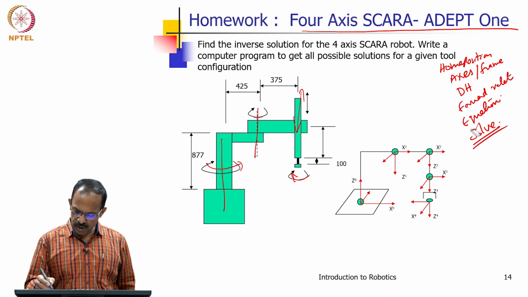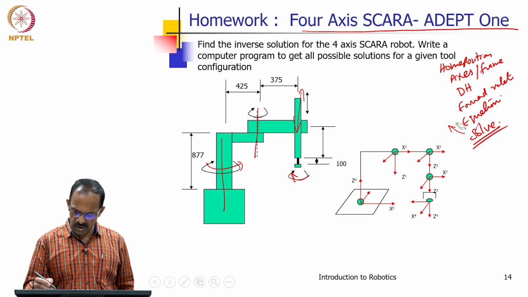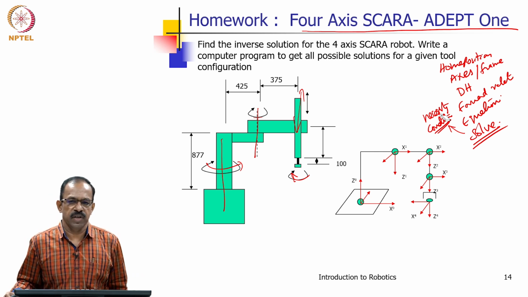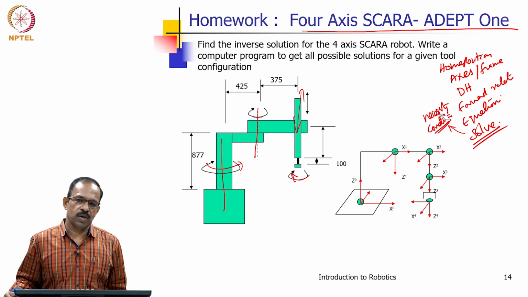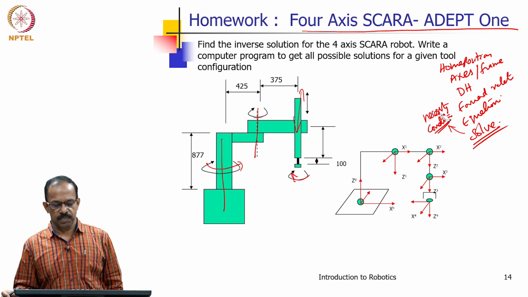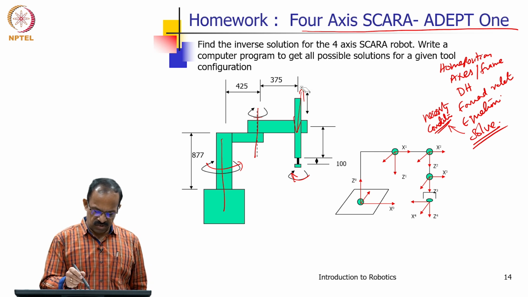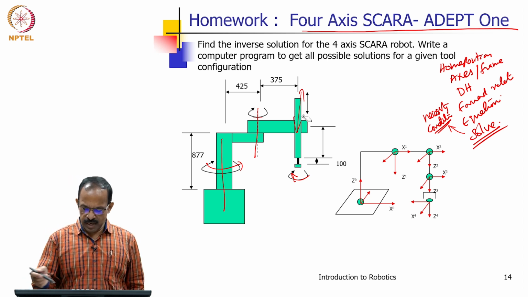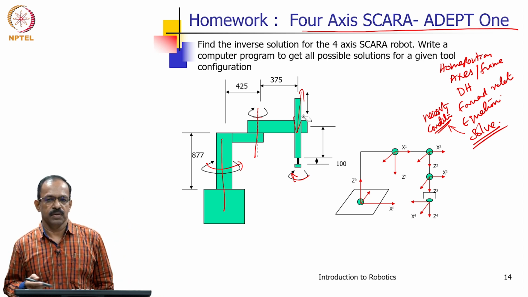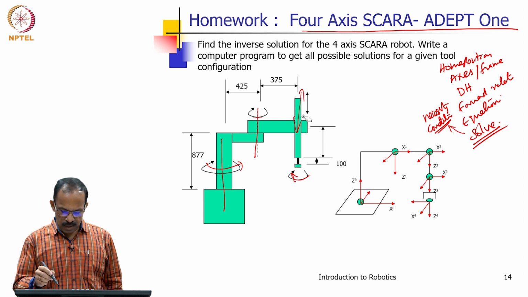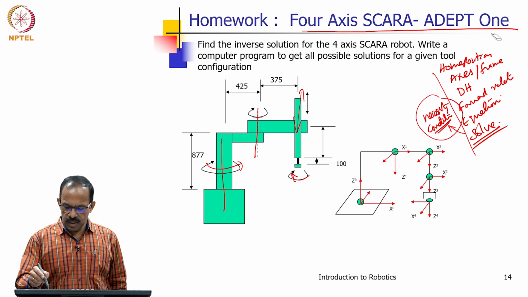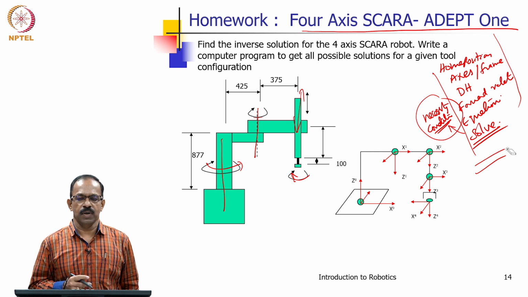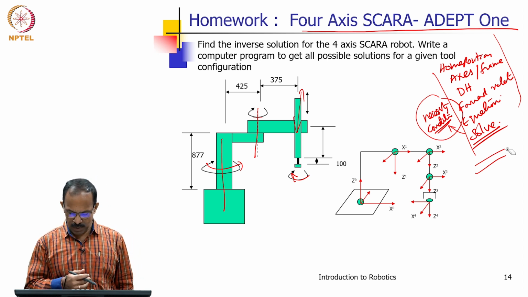So, before going for the solution, see whether you can actually get a solution or not. The necessary condition is that the 3 adjacent joint axes should be parallel, or the adjacent joint axes should be intersecting. So, in this case you can see that these 3 joint axes are parallel. So, all the adjacent joint axes are parallel, and therefore you will always be able to solve it with a closed form solution. So, I hope you will be able to solve it. Please try to solve this example, and if you have any difficulty, please let me know.